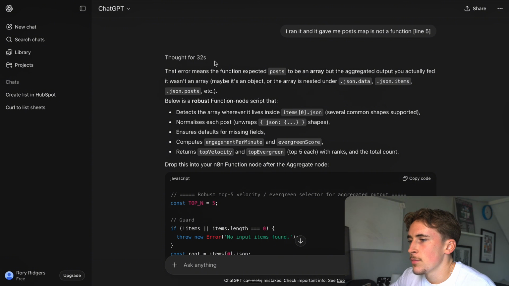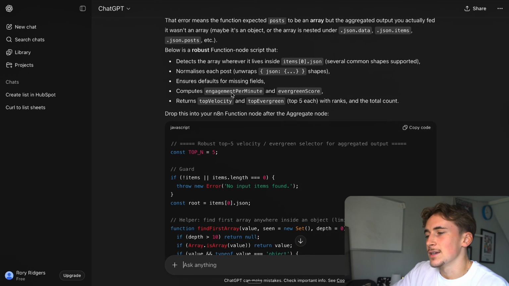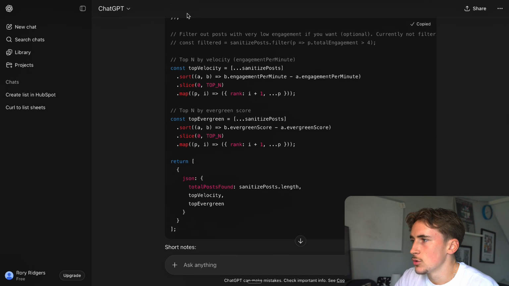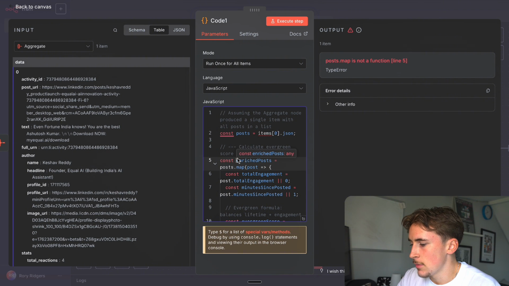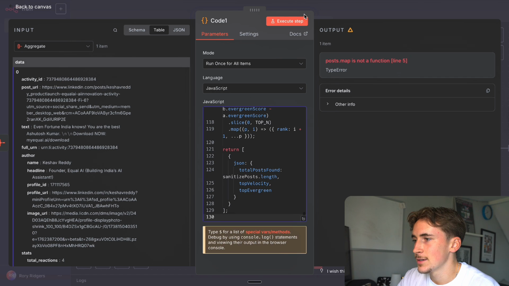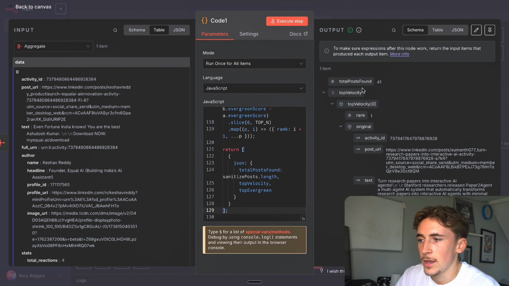Okay, so it said the error means the function expected post to be an array, but the aggregated output you actually fed it wasn't an array. Maybe it was an object, or the array is nested under .json.data. Okay, cool. So basically it just didn't know the exact input from the aggregate. So what we're going to do is copy what it gave us, and this potentially might not work, but if it doesn't work, we're just going to give it the output of how the aggregate looks. So we'll paste this out and we'll try it, and then okay, perfect, it found